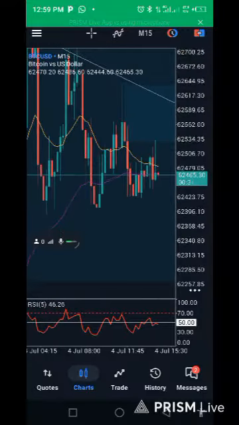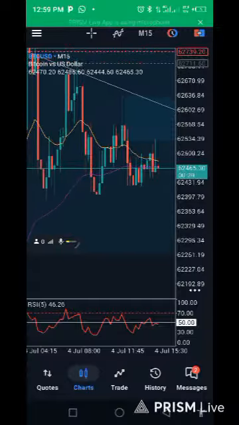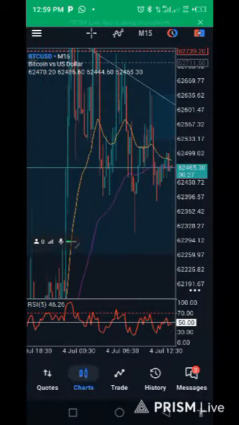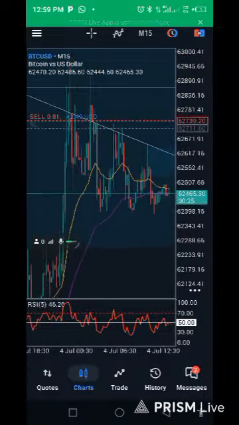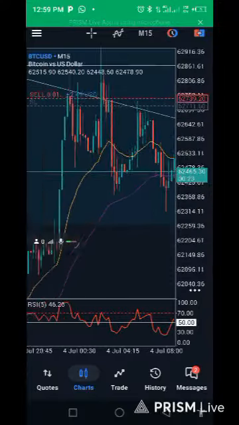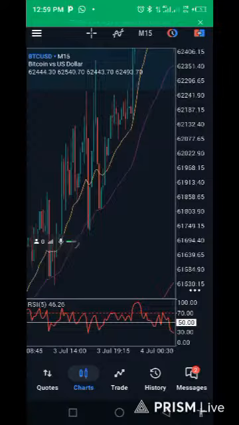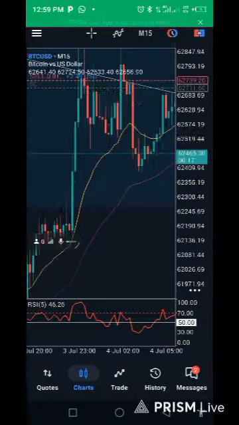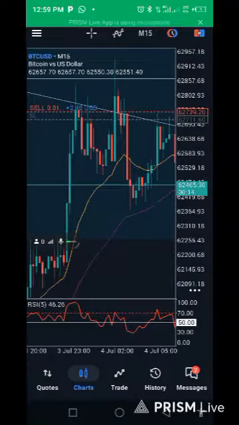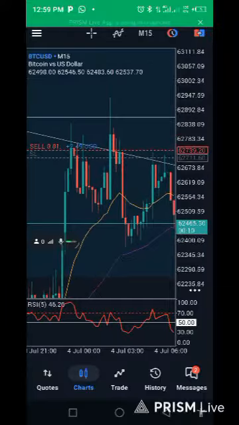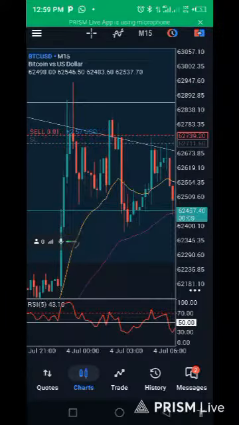So what do you do there? What do you see before you can enter a trade? First of all, recognize the break of structures. Then when you recognize the break of structures, you look for the higher high and higher low. If it fails to produce another higher high, like you can see on this chart,